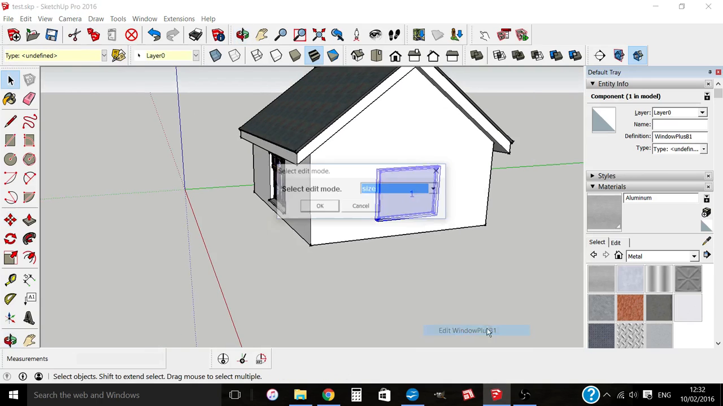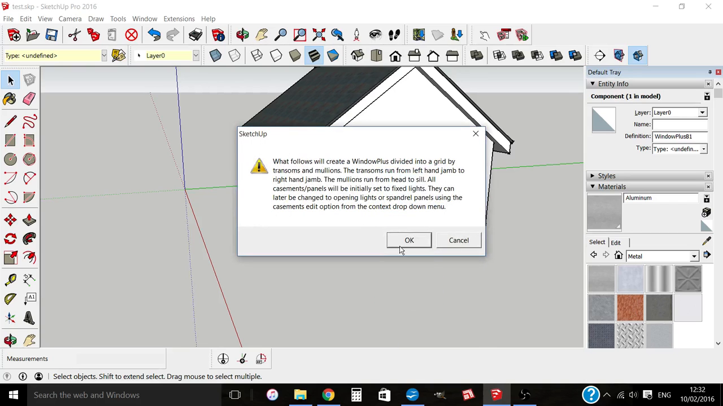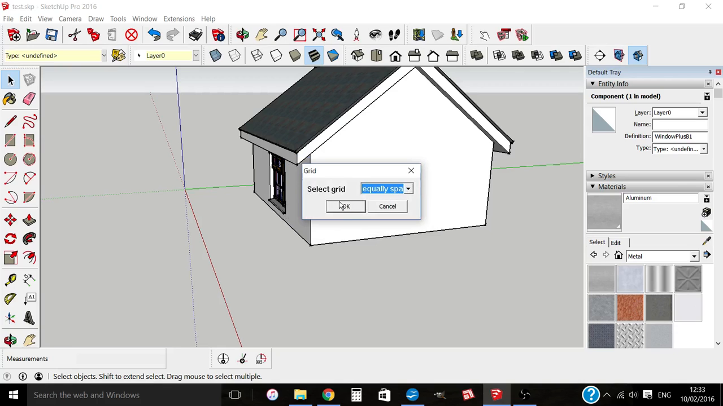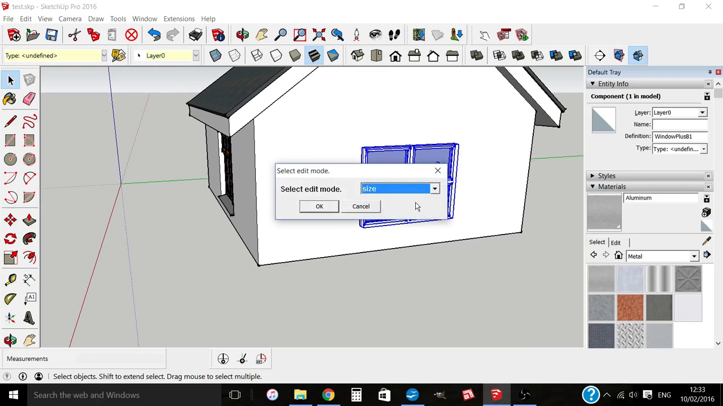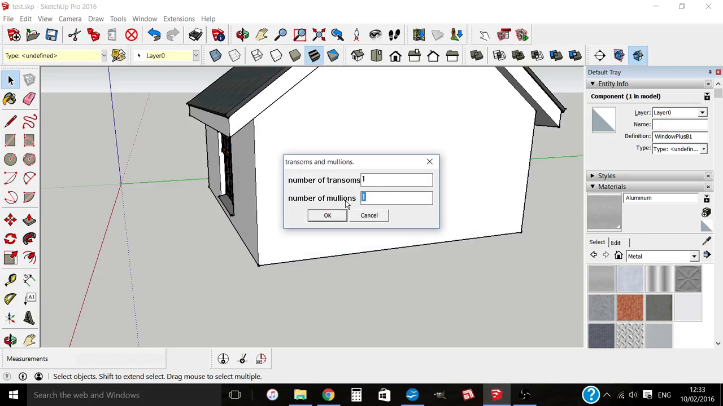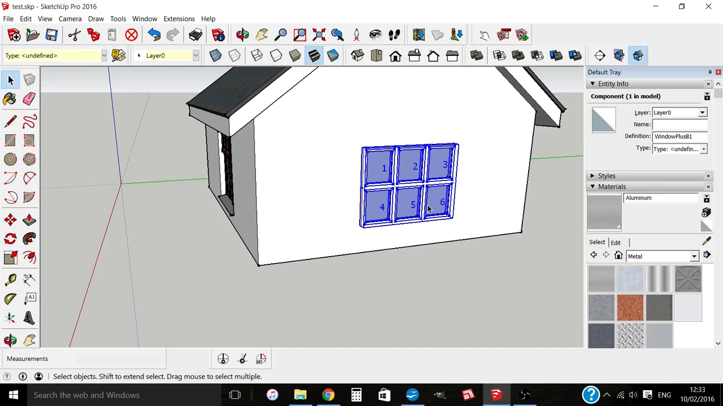And in order to make a gridded window, you go to transoms and mullions, and there's a little explanation there. You can go past that for now because I know it, and we'll accept the defaults here just to see what happens. Equally spaced, and it's made a single transom, a single mullion, equally spaced. We'll see what happens if we make it with two mullions. And there, so you can see, I think you get the idea. You can increase the number of transoms and mullions to suit your project,